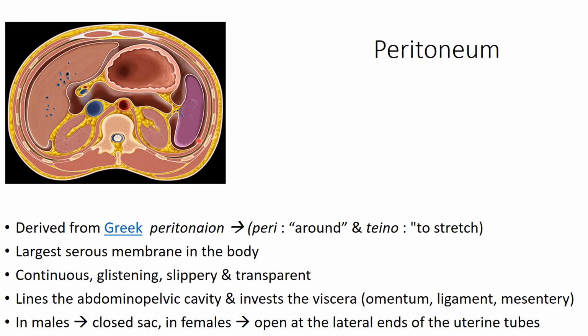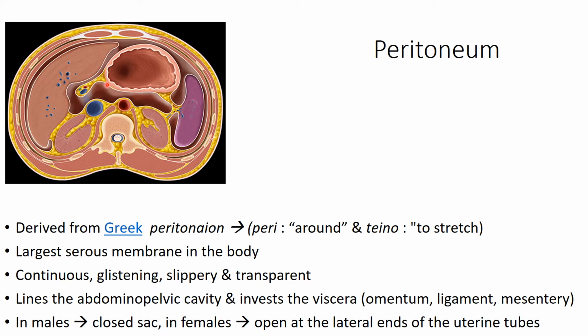So it is a continuous membrane, and because of the presence of a thin amount of peritoneal fluid, it is glistening and slippery, and this facilitates the movement of the gut tube, the peristaltic movement. And since it is only one cell layer thick, resting on a thin amount of connective tissue, it is transparent, and it lines the abdominopelvic cavity as shown here, and also invests the viscera,